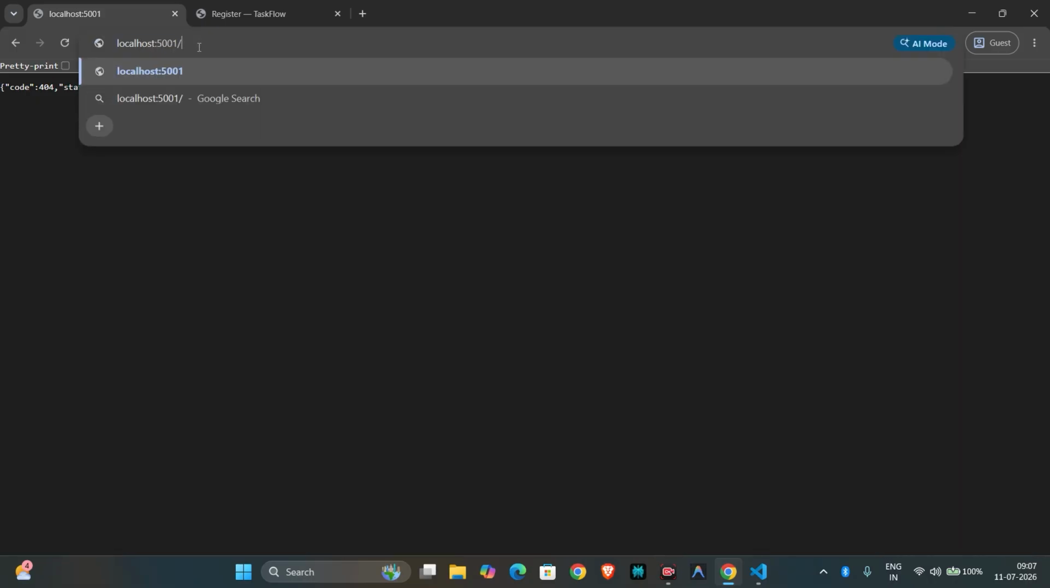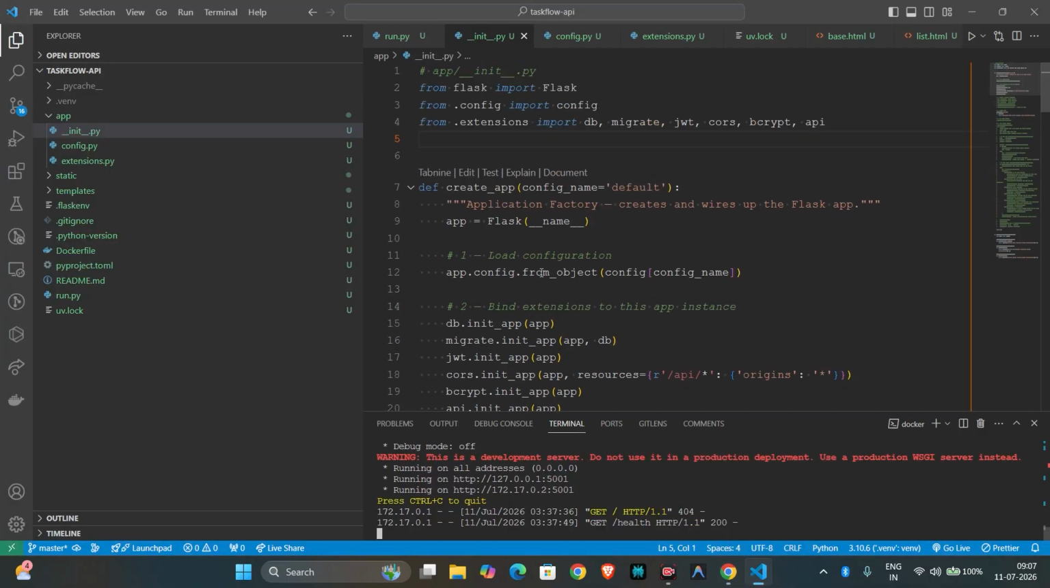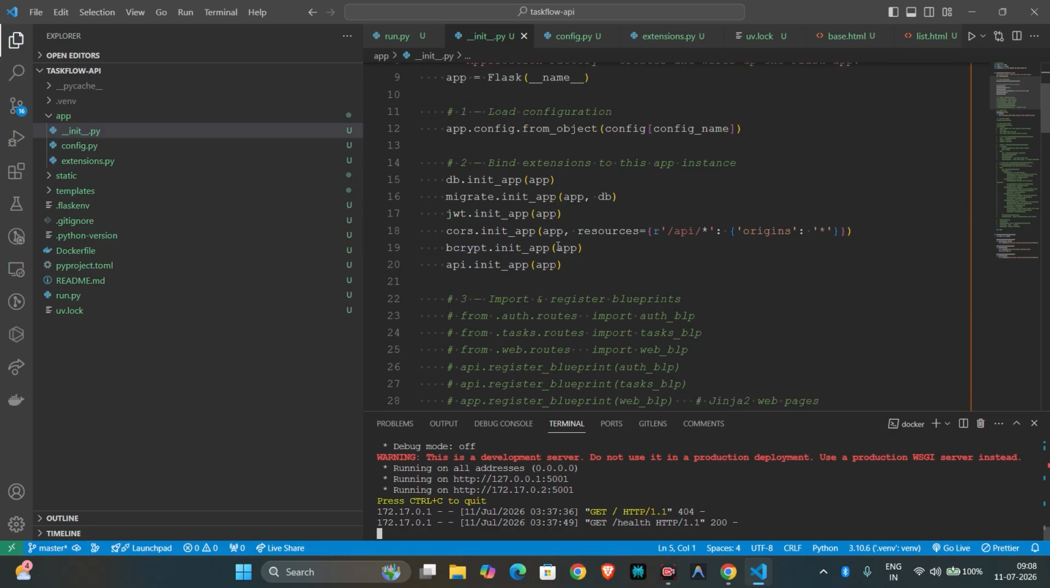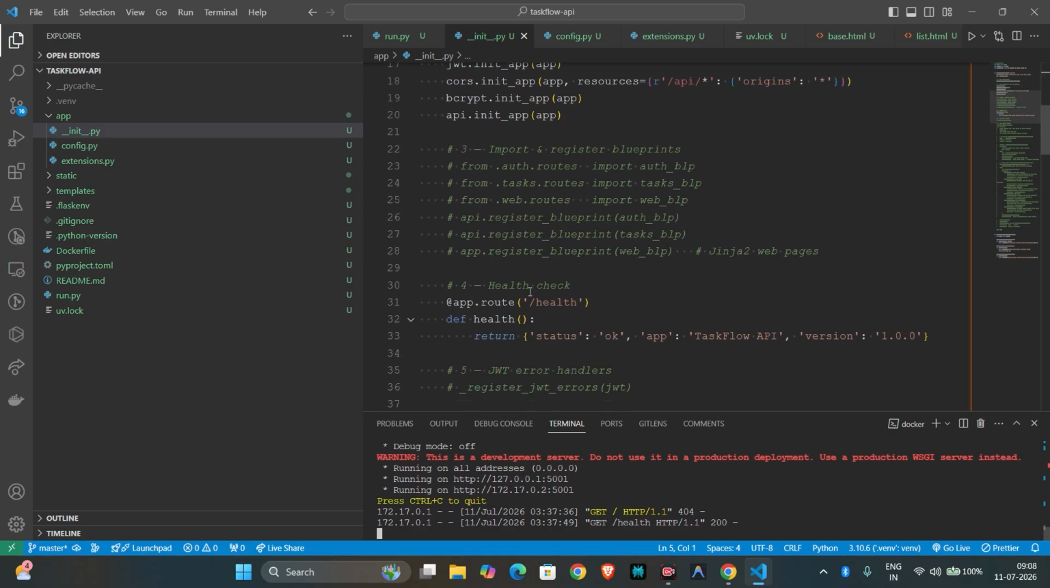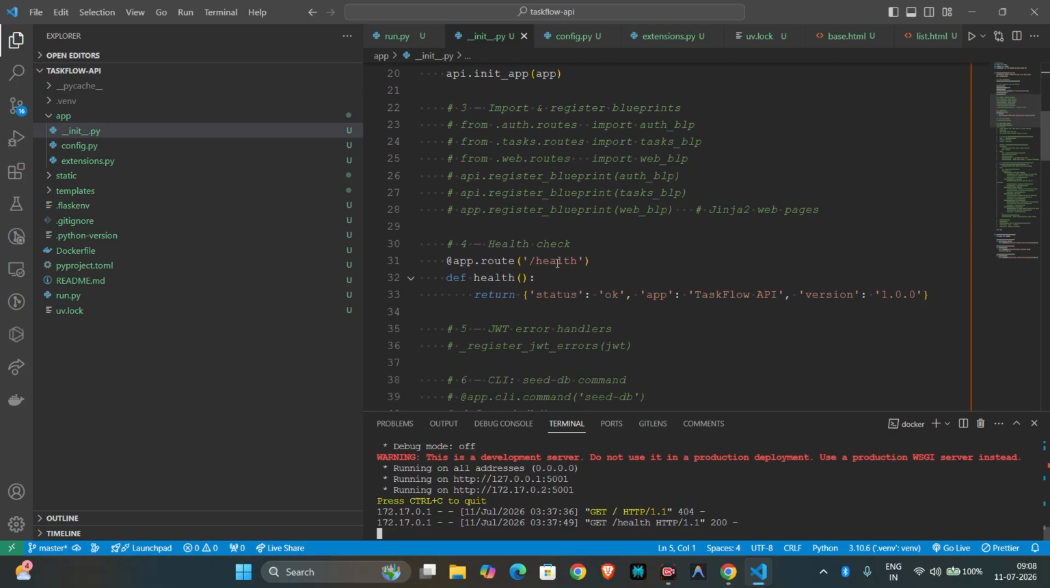Okay. Now here we use /help. So you can see API TaskFlow, API status, and version 1.0.0. Why are we getting this? Because we handled only this case in the create_app. So if we come down here, you can see app.route /health. Okay, if we change this to this one,